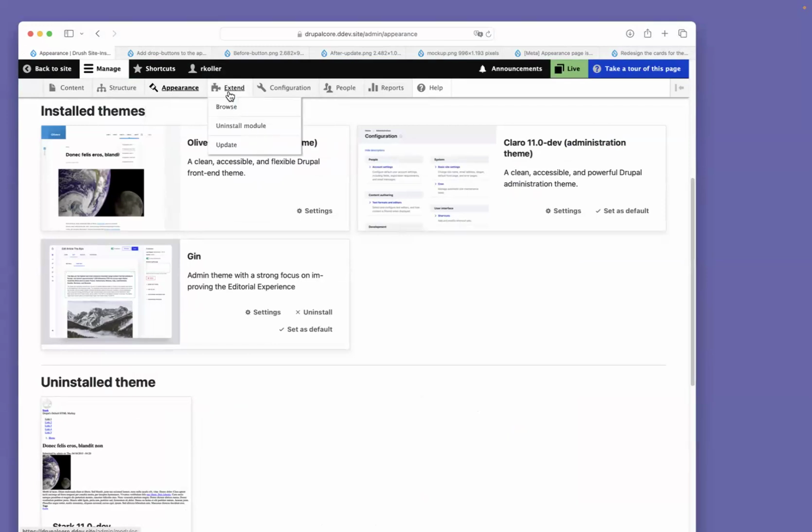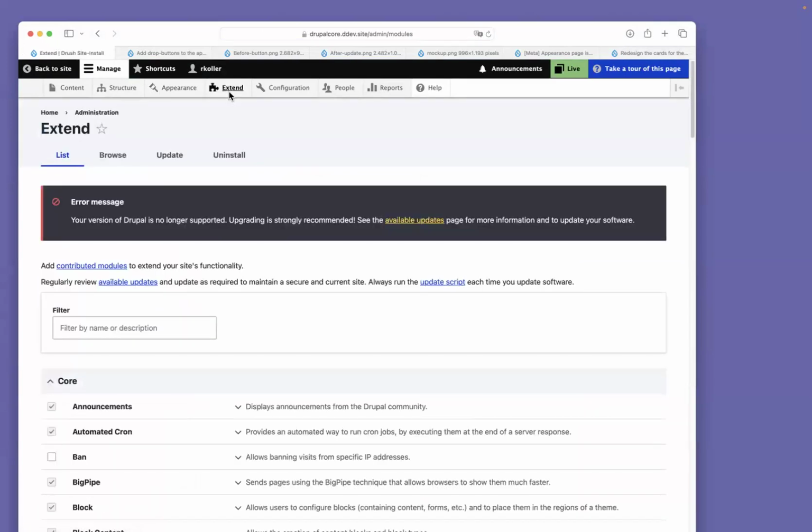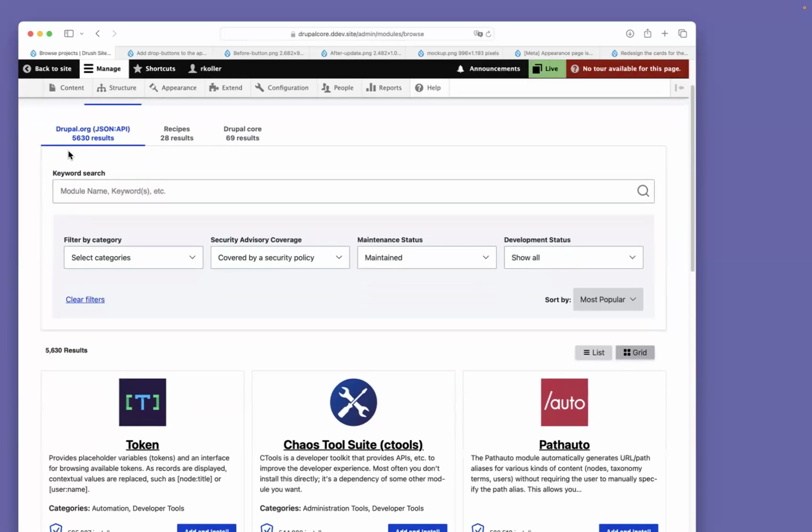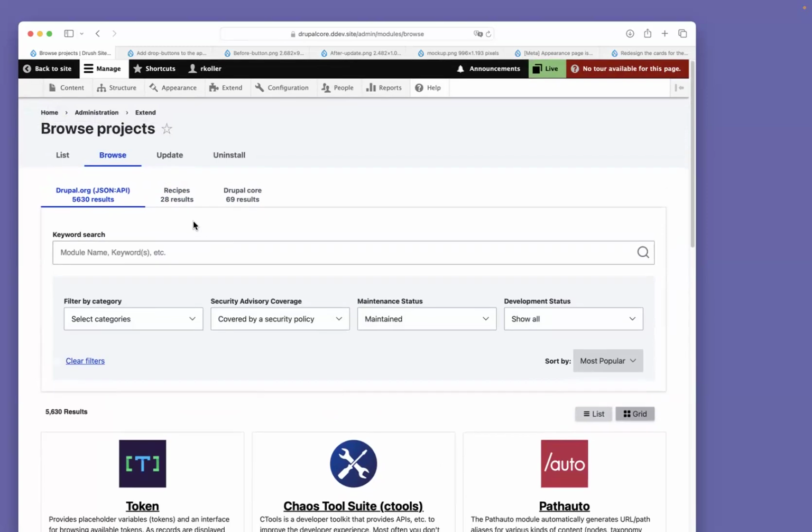And from my point of view, it would definitely make sense to consolidate the whole Extend page, because the point is, with Project Browser, as you can see here, you have source types. One is modules, currently called Drupal.org JSON API. Then you have recipes that got introduced, and you have Drupal core. Technically, themes are also extensions, at least listed on Drupal.org. And from my point of view, at the moment,